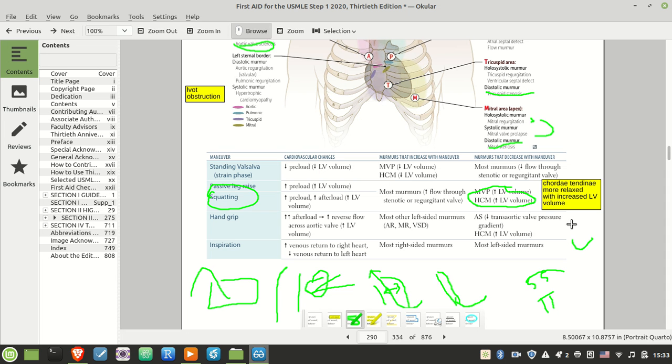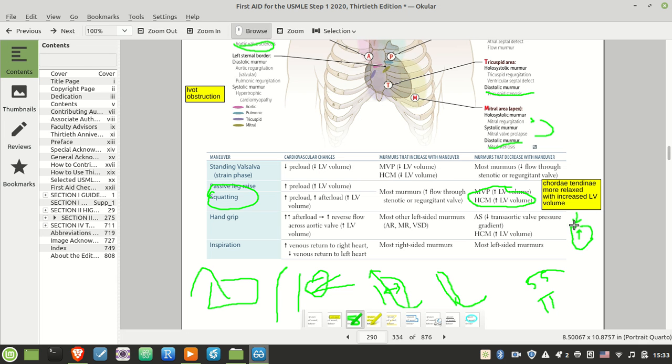You can already think that if you're trying to get things from the left ventricle, and this is such a bad diagram, guys, I'm sorry. If you're trying to get things from the left ventricle, and we'll say this is the aortic valve, up into the aorta, right? And then you have an increase in your afterload, meaning you have increased resistance, increased work that the left ventricle has to go against. You can see by the magnitude and direction of these arrows that if you have your left ventricle trying to push things against this stenosed aortic valve,